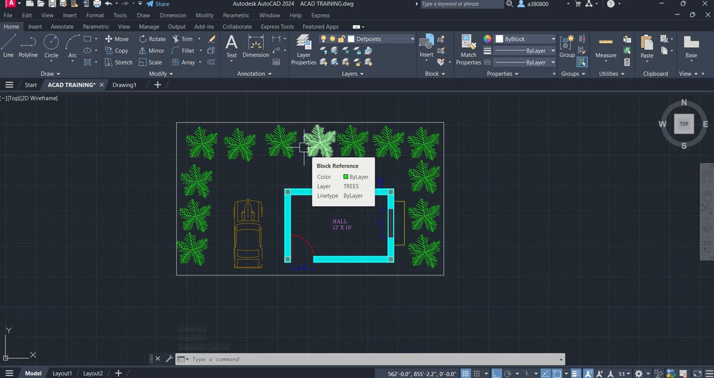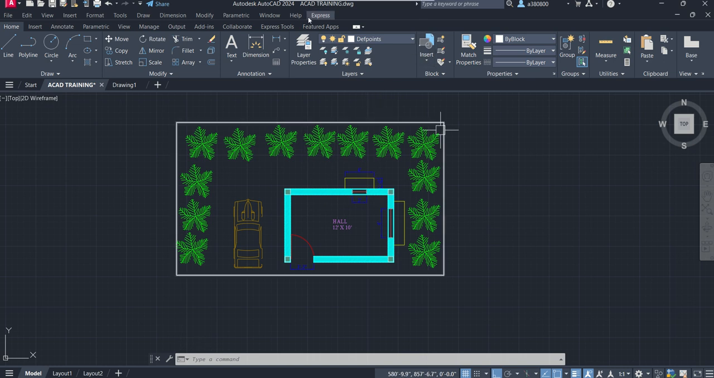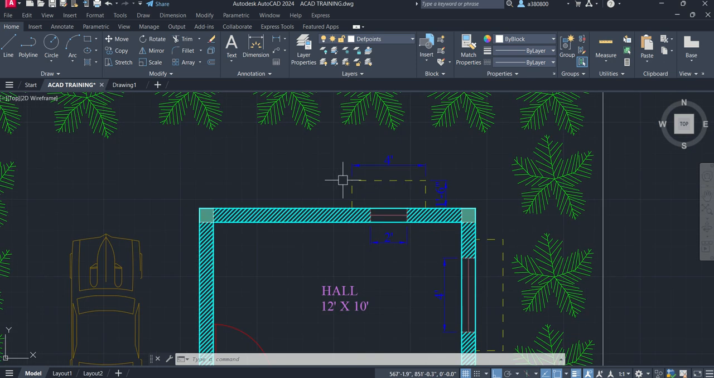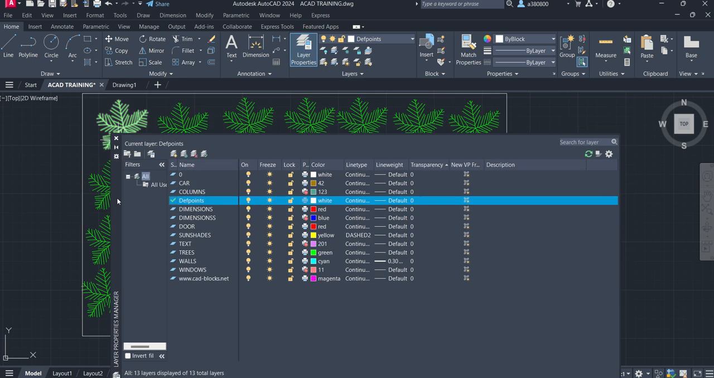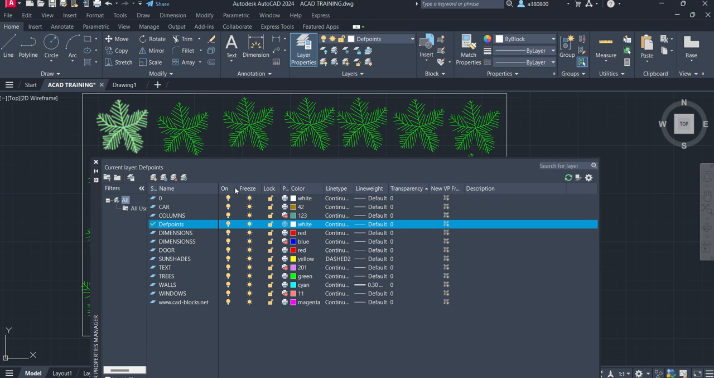But if you want to work further, your drawings are becoming so much complex, or you want to get different printouts for the different parts of the drawing, you can do that with the layers. Just open the layer. Now in this one you can see turn on and off the layer, freeze the layer, lock the layer. What is the function of these three things? In this one,